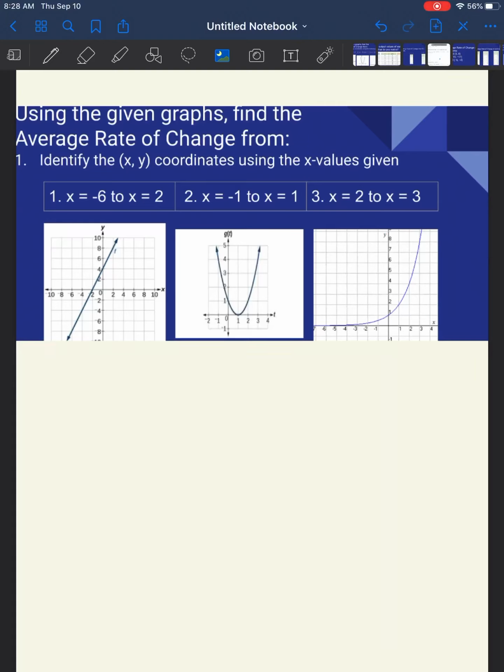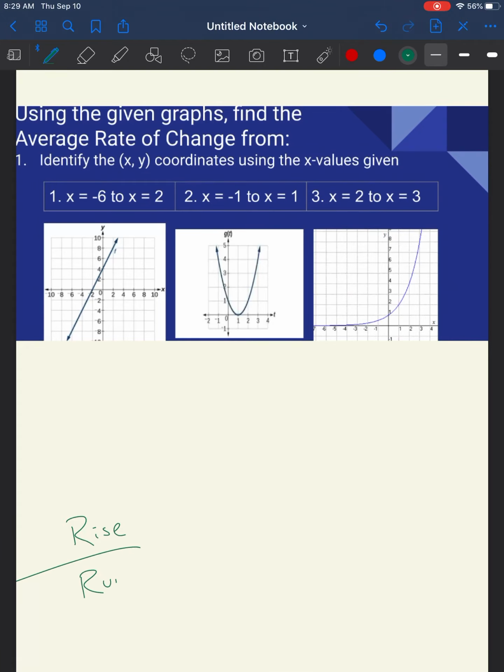All right, so now we're looking at some graphs here. We're going to try to find the average rate of change from the graph. So I'm going to show you the way I like to do these. If I have a graph, it is pretty simple because I'm hoping you remember from 8th grade, 7th grade, rise